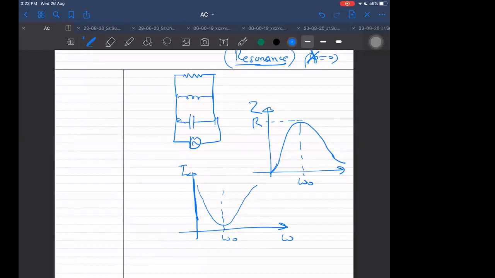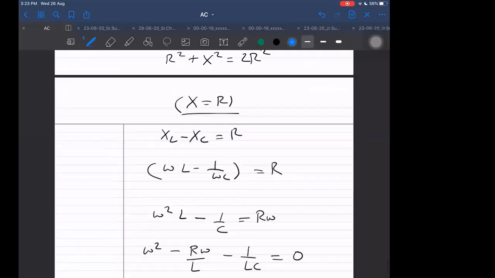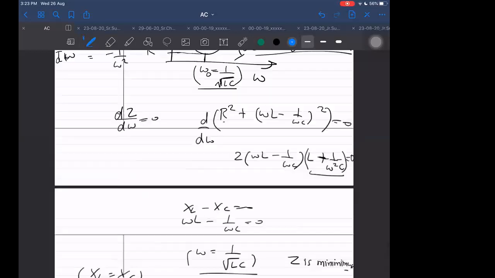All right. And luckily, it is also in resonance for the same condition when omega naught is equal to 1 by root of LC, or when XL is equal to XC. But this thing also fails. I think yesterday I gave you an example of when it fails. When it is a mixed circuit, a mixed combination, not a parallel RLC, not a series RLC, but some other combination, then the condition for resonance fails. It is not just omega naught equal to 1 by root LC. It will be some other condition. If you remember the example from yesterday's class, some different condition we were getting, no?